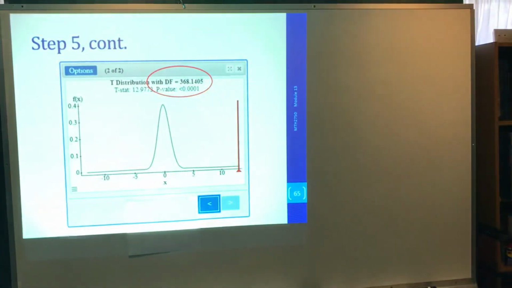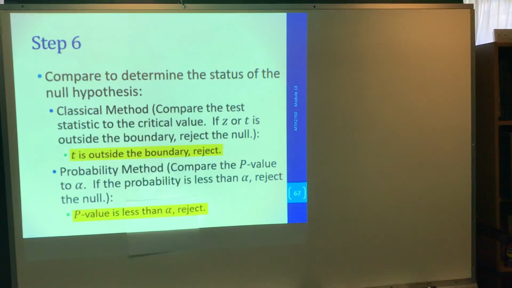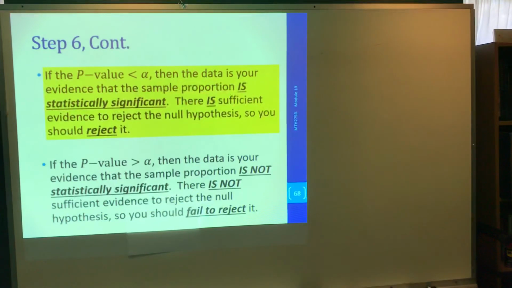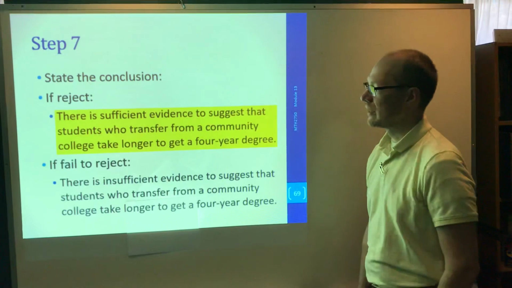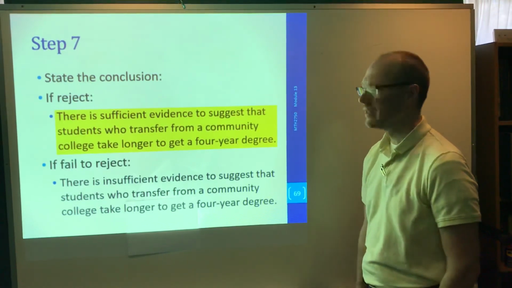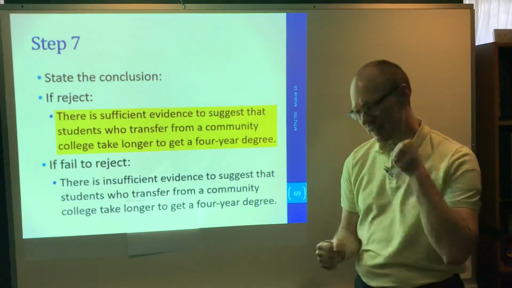Okay, so we'll write those down. We see those and we can enter those in beautifully. What does that mean? Well, it's clearly outside the boundary, no matter what boundary we found, and the p-value is clearly less than alpha. So we're going to reject. There is statistically significant evidence to reject, so we should. What is the conclusion? There is evidence to suggest that students who transfer from community college take longer to get a four-year degree. Interestingly, so what, right? Does that mean that if you're just really